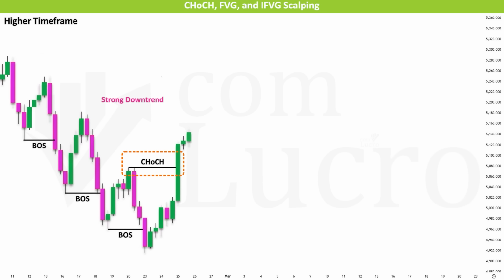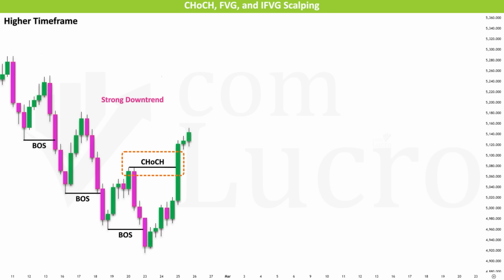change of character. When price breaks and closes above the most recent break of structure high of a strong downtrend, that signals a bullish change of character. This suggests that sellers are losing control and that the market may be preparing to shift direction. Once this shift in structure is confirmed, and we expect price to move higher, the next step is to look